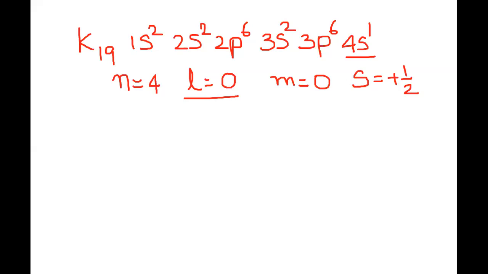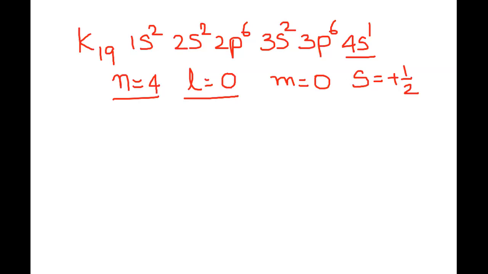You can talk about how far that electron is from the nucleus. According to Bohr's quantitative treatment, you can actually talk about what kind of energy that electron must be possessing, what must be its velocity, because n equal to 4 is the principal quantum number, and there is such a lot of information that you can get. Okay, then when it comes to L, a lot of information is gathered. Now let's come to L.